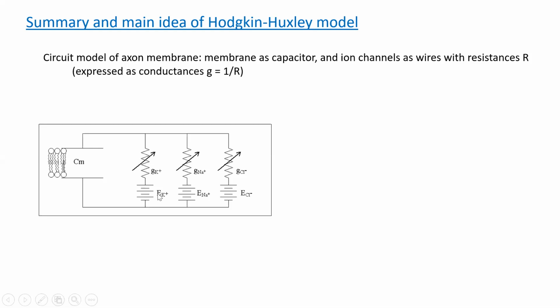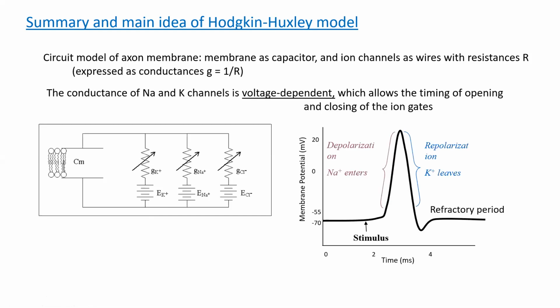Which, again, just to reiterate, unless the membrane potential is different from the Nernst potential, there'll be no tendency for ions to flow. And then the key point is that the conductances are not constant, but they're voltage dependent,